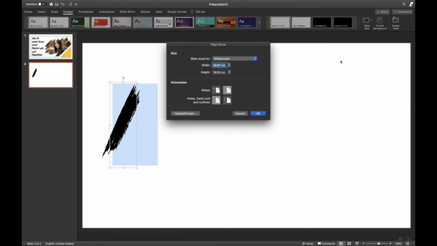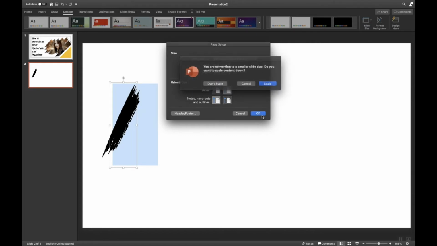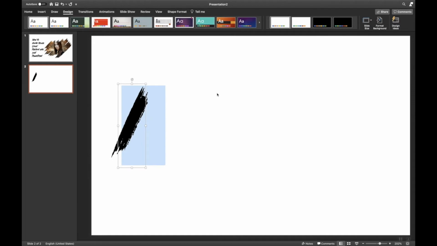But if you want, you can increase it based on your convenience. I would suggest either on-screen show 16:9 or 16:10. Just for demonstration purposes, I am selecting on-screen show 16:10 so that I can see all my actions in a much clearer way.